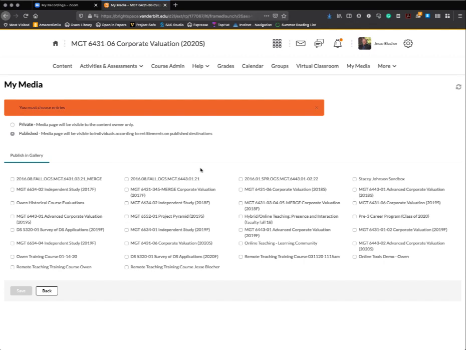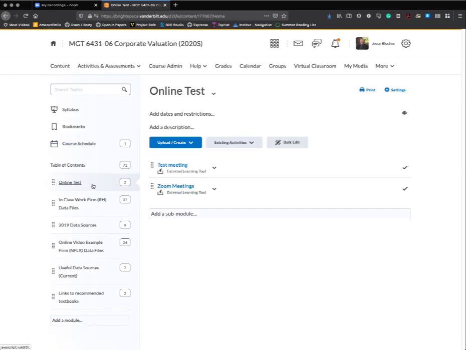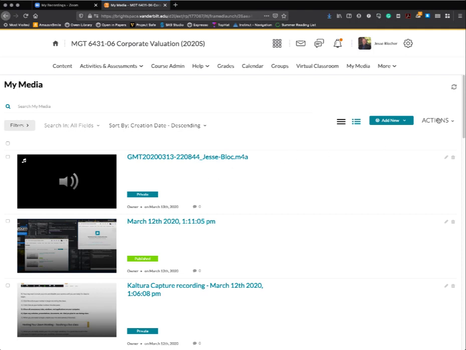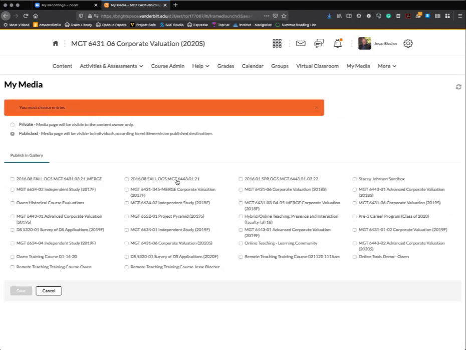you want to. It should show up in the media gallery in your course, or you can, like you've done before, you can just go to a content page, and well, let me make sure I've added it to my own course. That's probably a better thing to do, so I don't have to leave the course. So let's go to Actions. I'm going to publish this again. Let me choose this course, so I make sure that it's here. What is this 2020S? I wish there was a way for them to filter this list, because like every course I've ever taught is there. Okay, so now it's published in this course, which means I should be able to go over here to